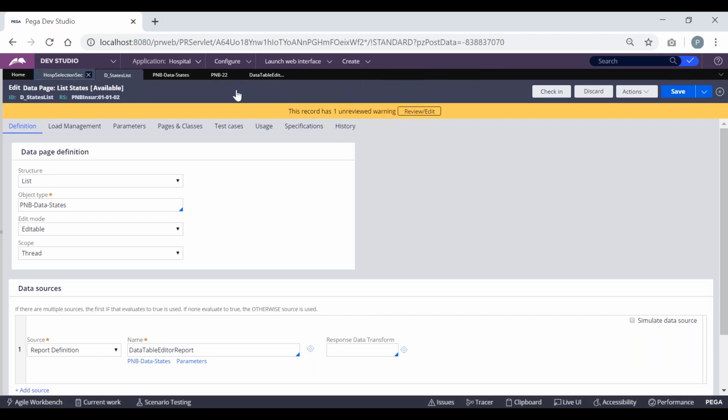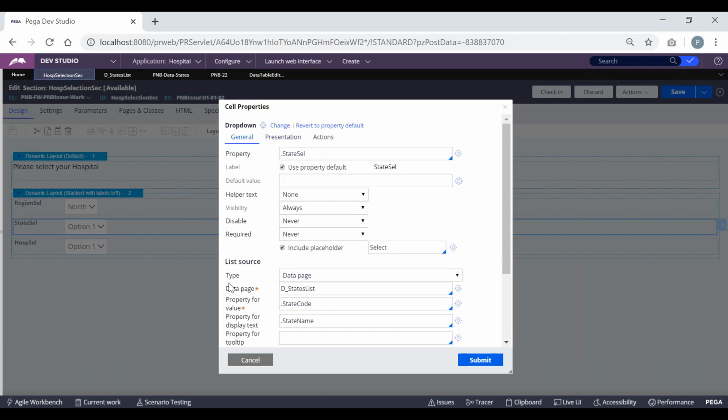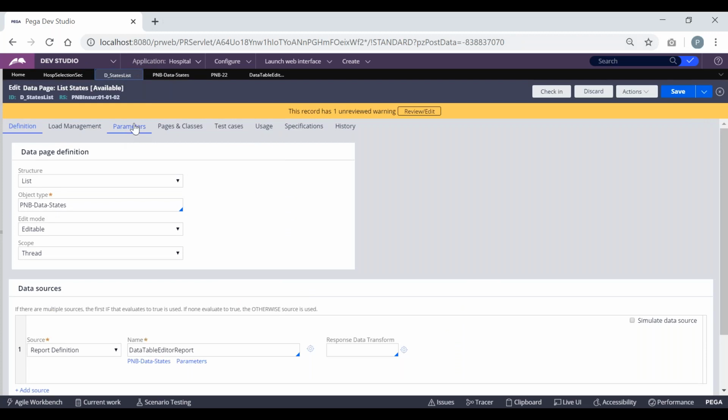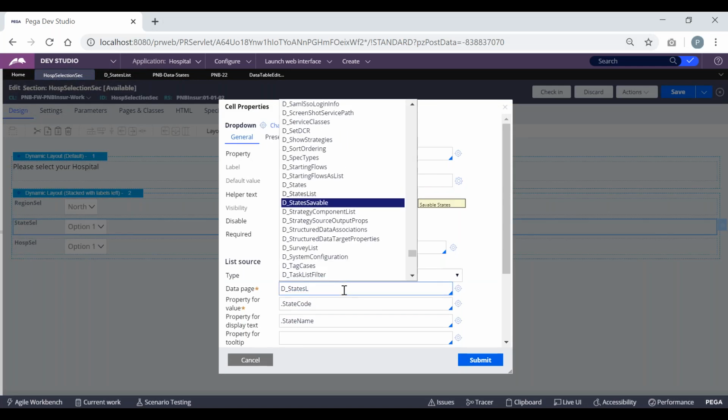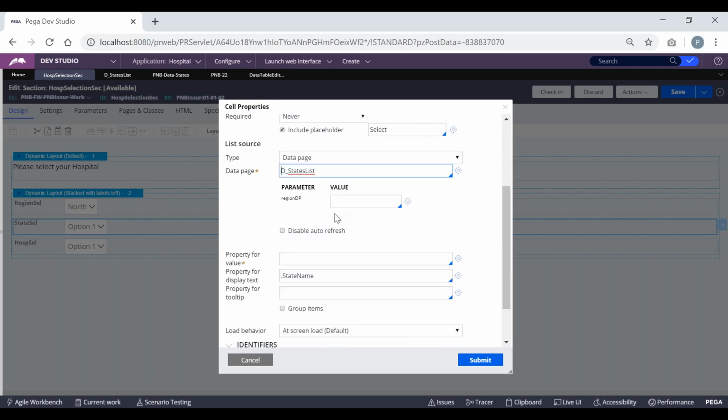And we have to make modifications here also. By default, this will not be updated. If I try to use the same data page that we are giving here, it should be seeking some parameter value, because this has some parameters defined. So this is not updated. For that, go to the data page again. If we select this data page again, it will be asking for a parameter value. What should be the parameter value that has to be passed to this data page? That is what it is asking.